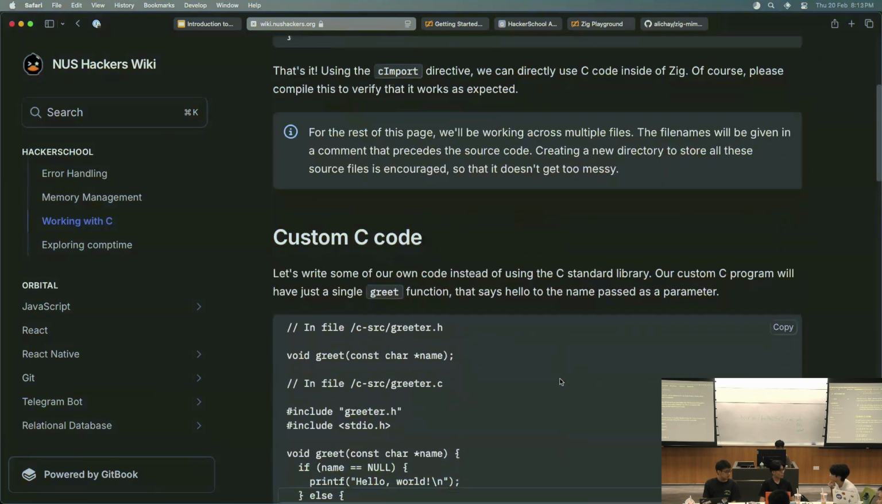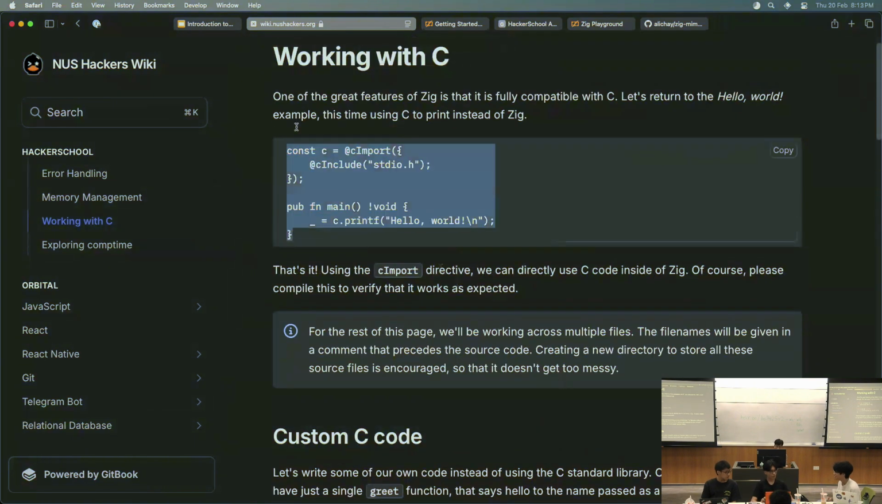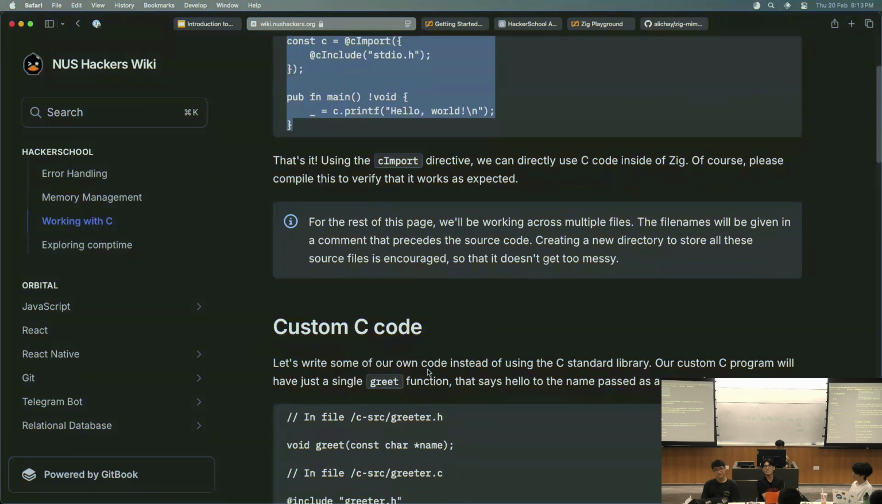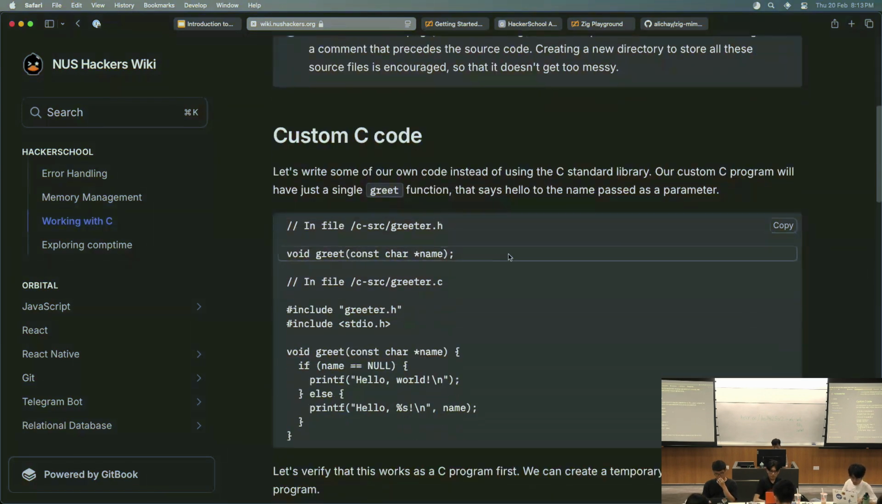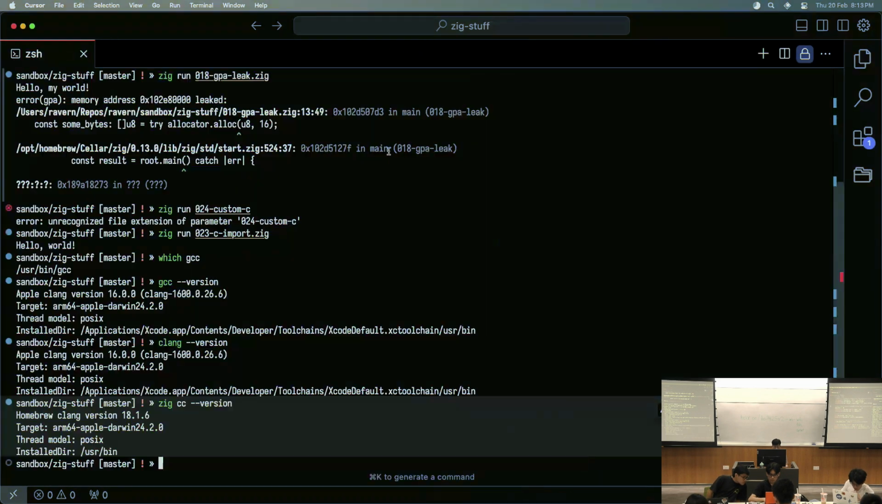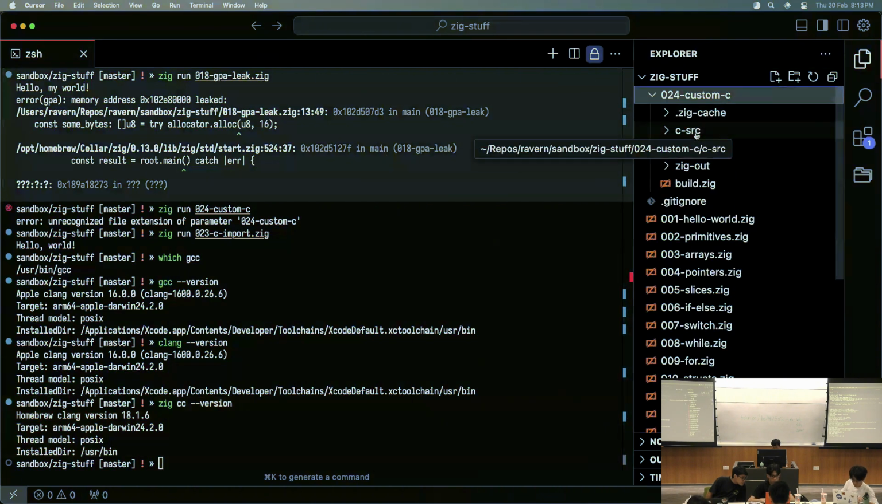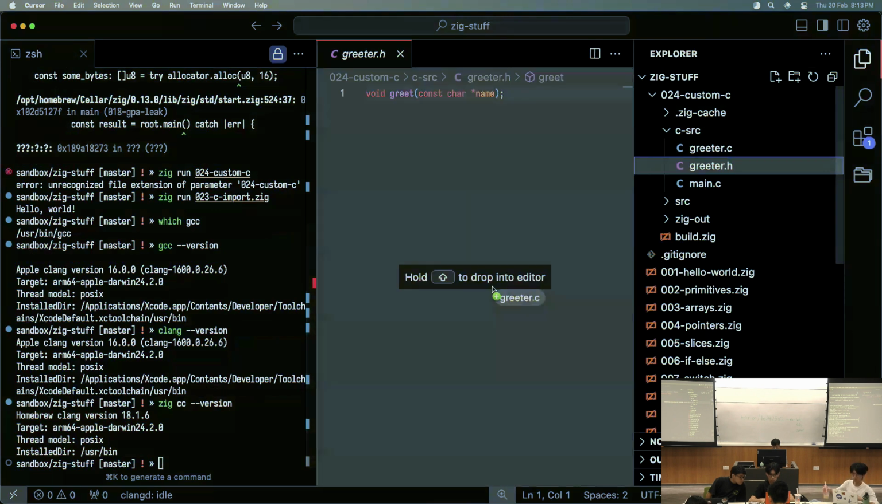Okay, but going back to this, yeah. So it runs correctly. And if you want to try, see for the rest of the page, we'll be working across multiple files. I'll give the file names here. So if we quickly create a C file, let me just demonstrate this. And you can follow along on your computers as well. So if you create a C file called greeter.h and greeter.c,